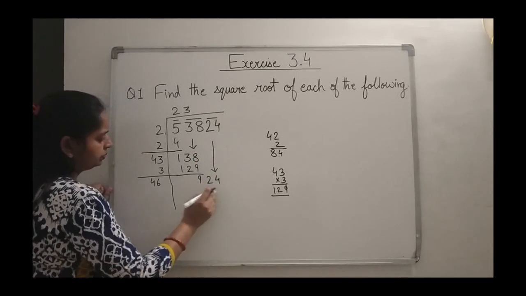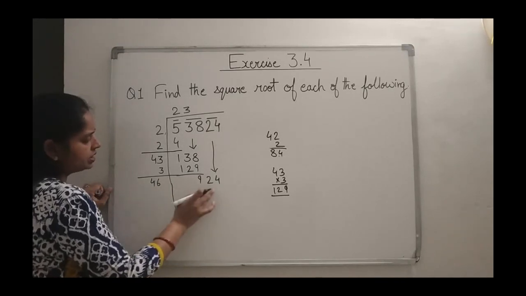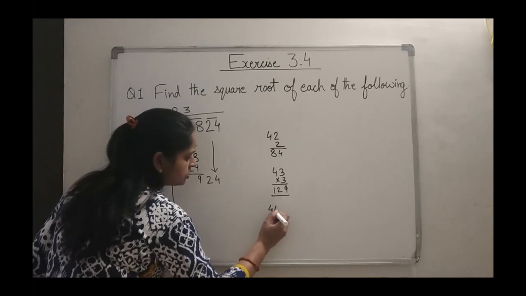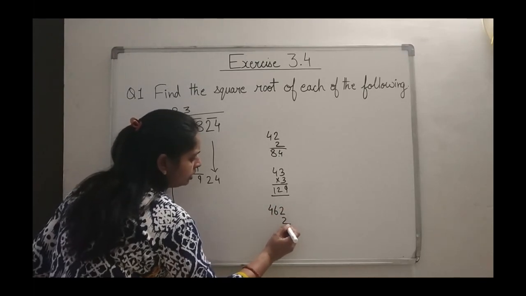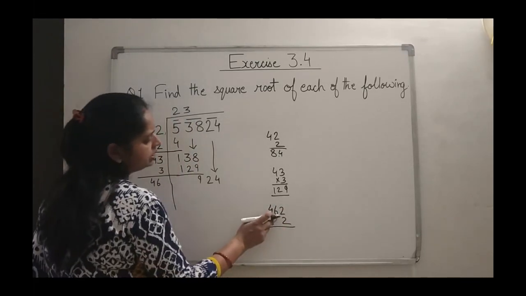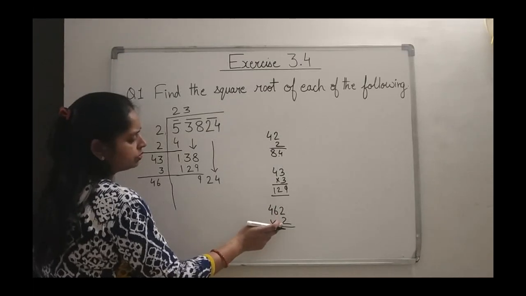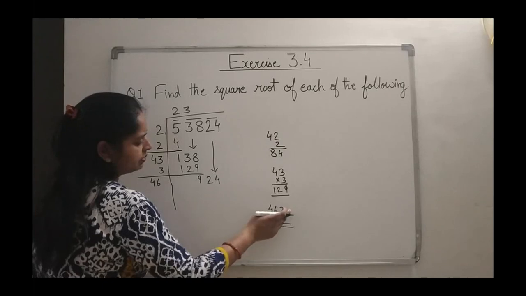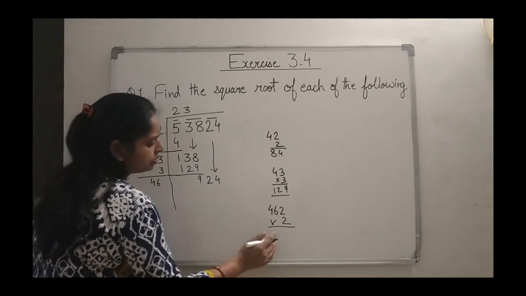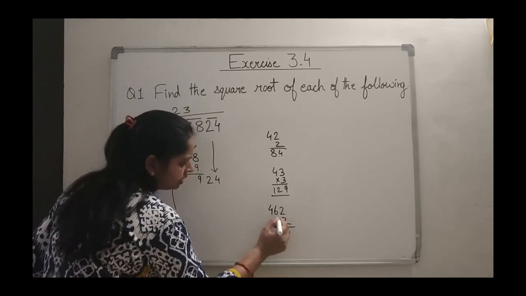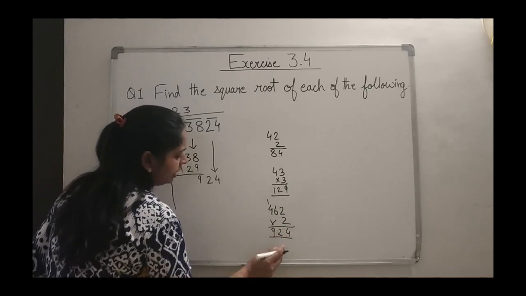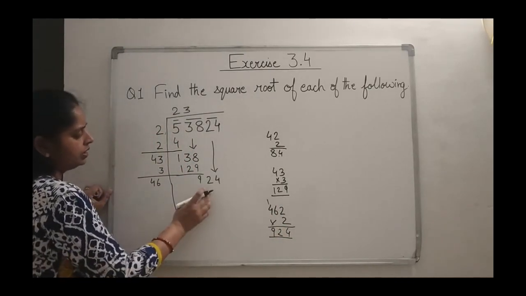924, right? And the number is ending by 4. So we can check for 462 multiply by 2. Whatever digit entry we have to do, that digit only will be multiplied. If I am taking 3, then I have to multiply by 3. If I am taking 2, so I have to multiply by 2. So 2 twos are 4, 6 twos are 12, 4 twos are 8 plus 1, 9. So I got 924, and that is my requirement.